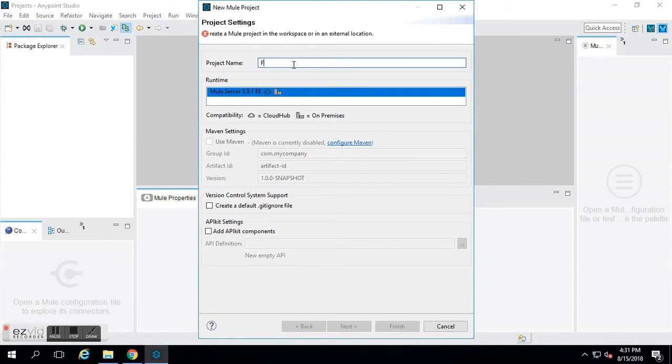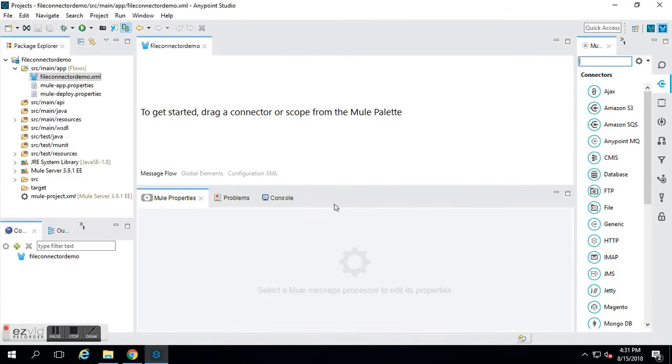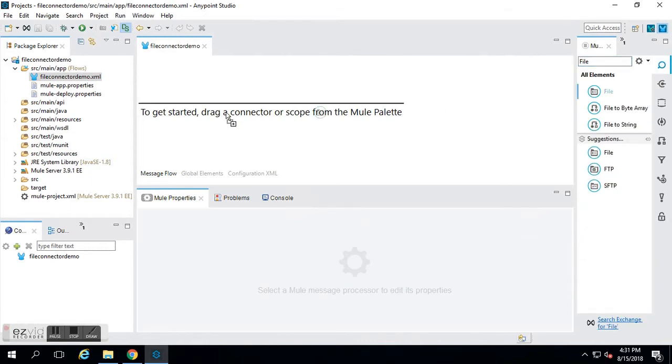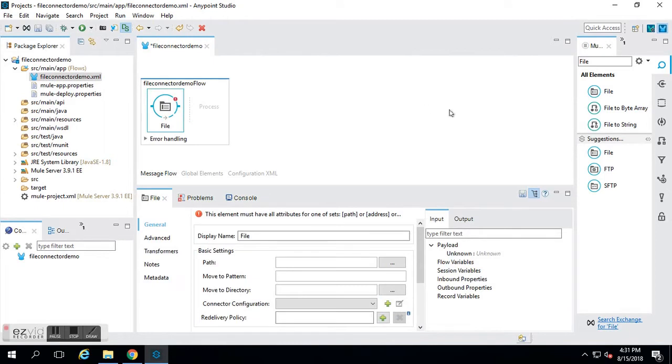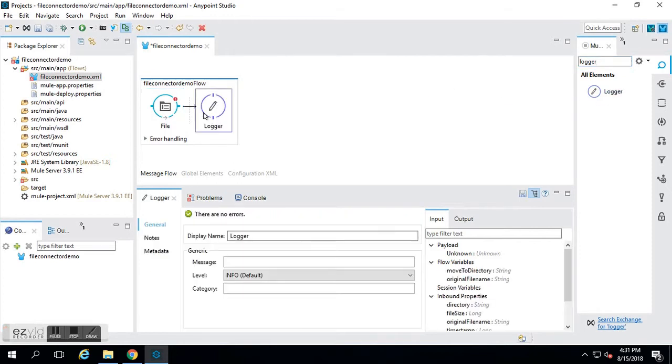and let's name it File Connector Demo. All right. So this is the designer, and let's quickly use the file connector. Let's drag it. Now we also need a logger, basically it would log the file message,